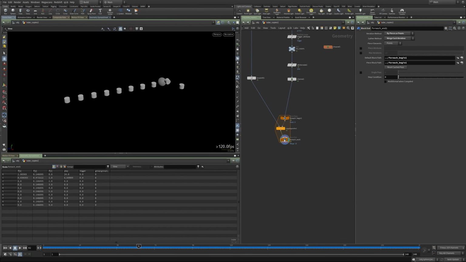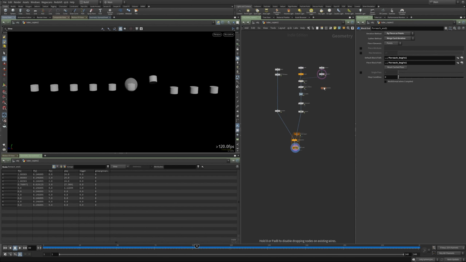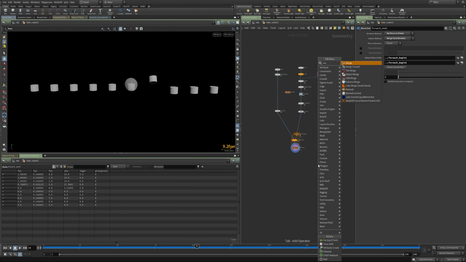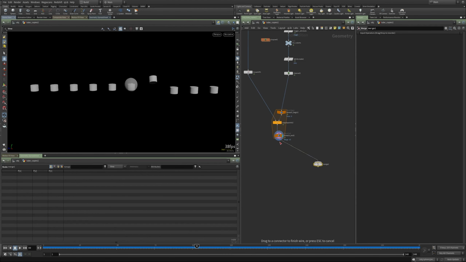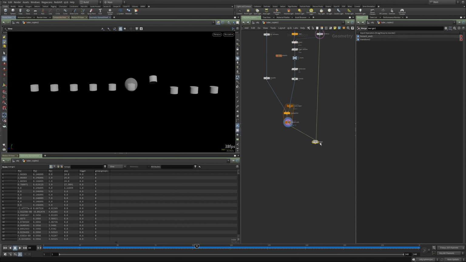And so now in our loop, if we turn off this single pass option, we're going to see the result of the full iteration of the loops for every point. And that's doing what we want it to. But obviously there's a problem. Like if we merge, let me just put this over here. If we merge our sphere onto the copied tubes,